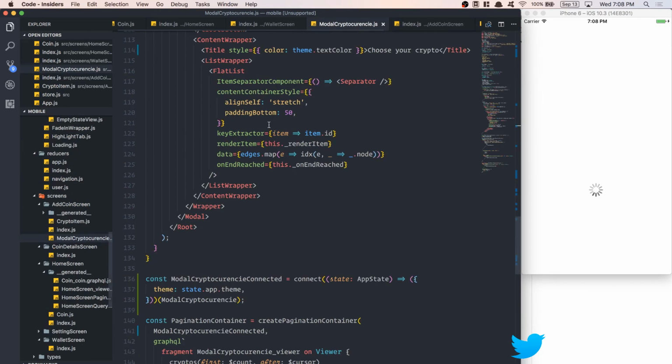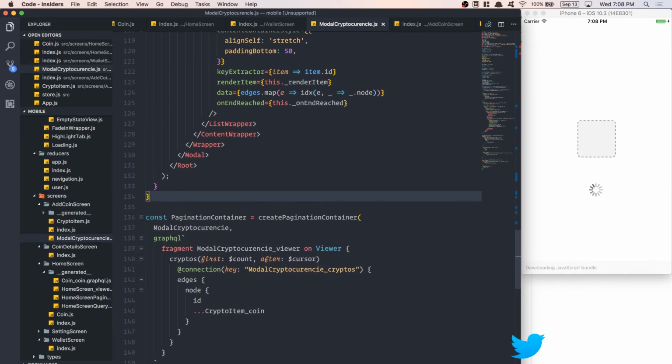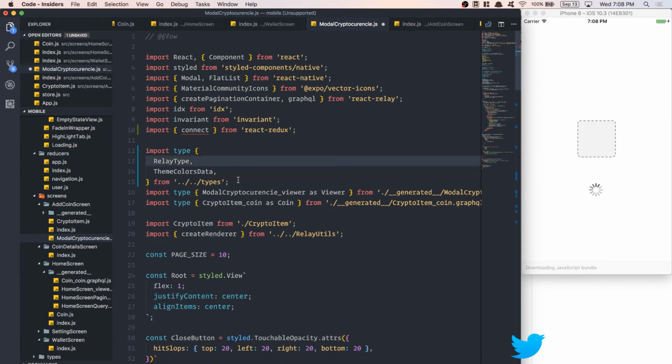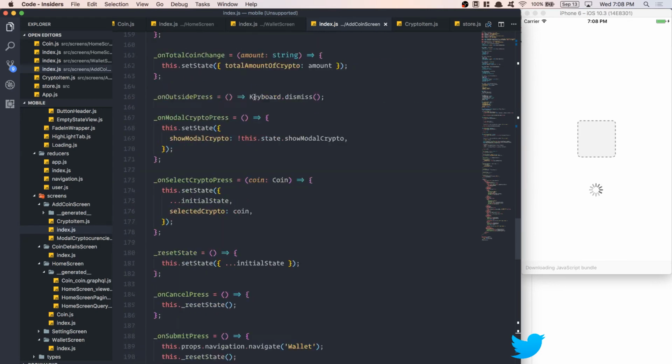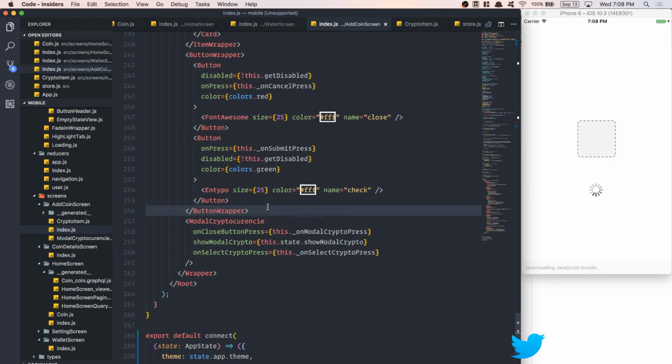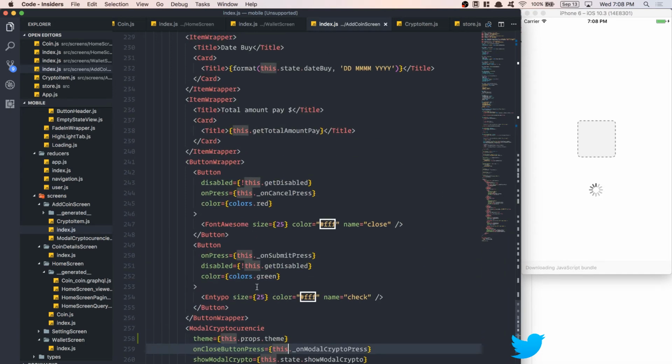Perfect. So now my modal crypto here, I don't need that anymore because I'm gonna receive that from the props. So here now I can say from my modal theme equal this.props.theme. And now